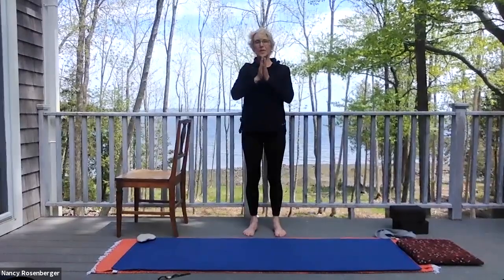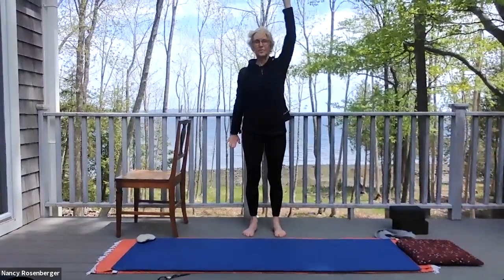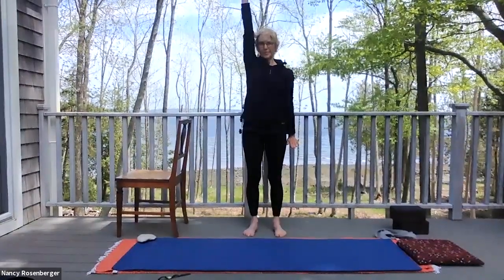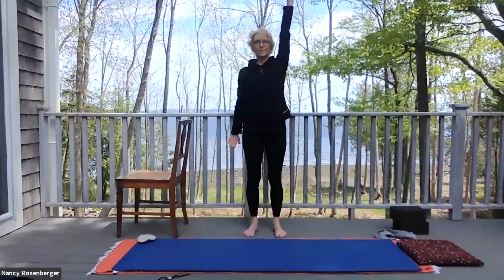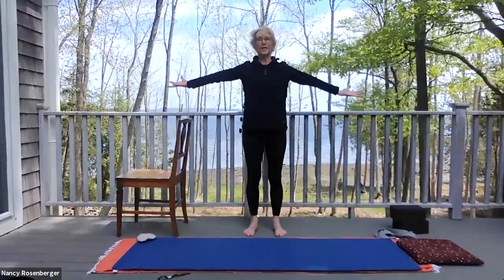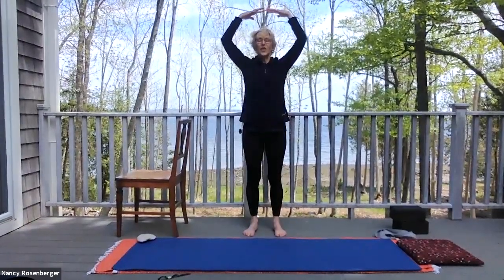Hands come together, cross at the heart. Push down into matter, push up into the universe. Let both arms come down. Scoop up the prana, the energy, all the forces of the universe that we can visualize and not visualize. And let all those forces of energy come down